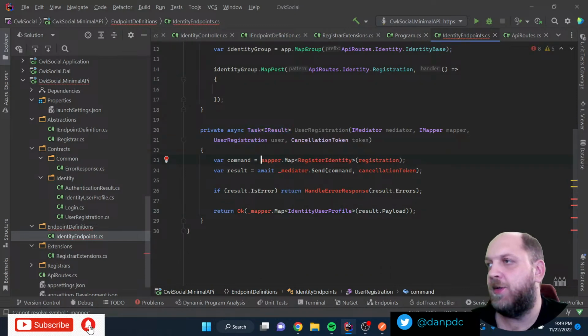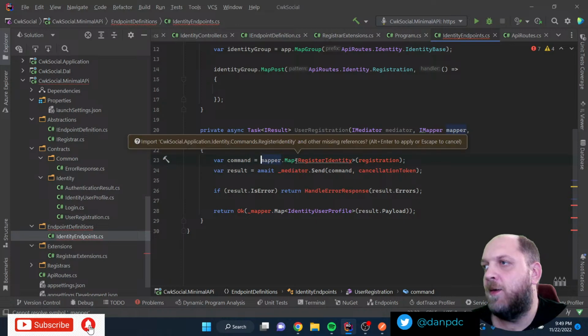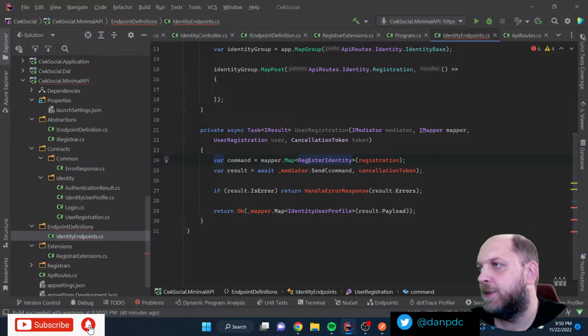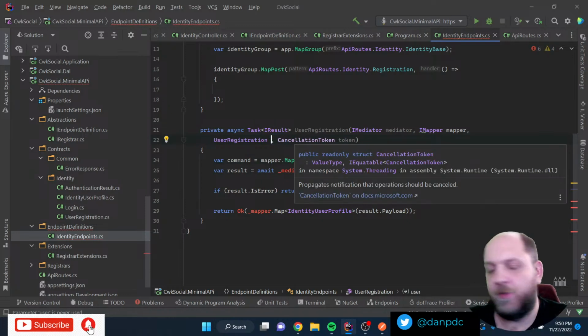What we need here is, okay, Register identity. Okay. The problem is here. Let's rename this to registration. The problem is here we are missing AutoMapper profiles.